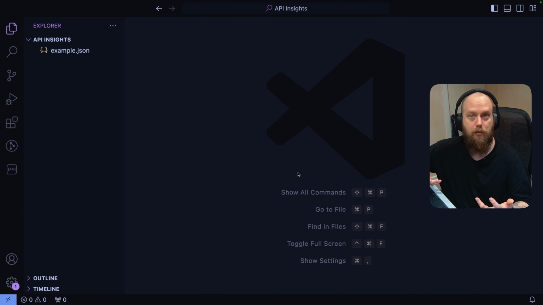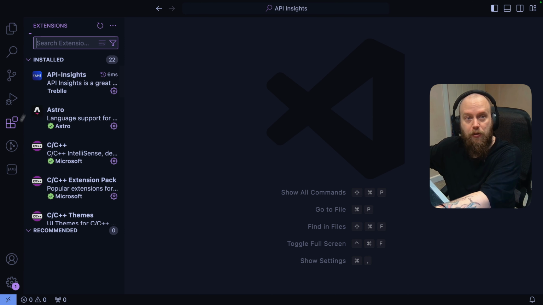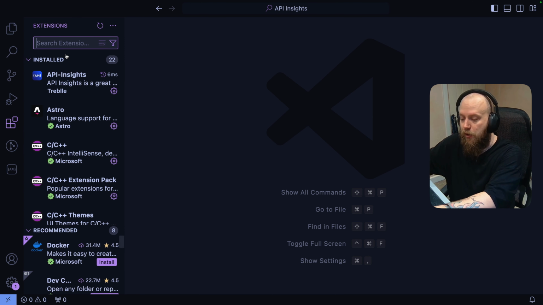Hey, and welcome back. Today we're going to be talking about the new API Insights Visual Studio Code extension. So let's go have a look at it. Come over to your extensions in Visual Studio Code. If you just search for Treblle,